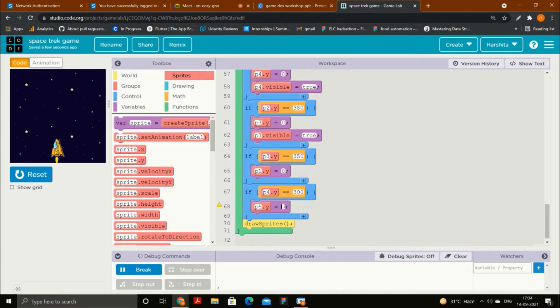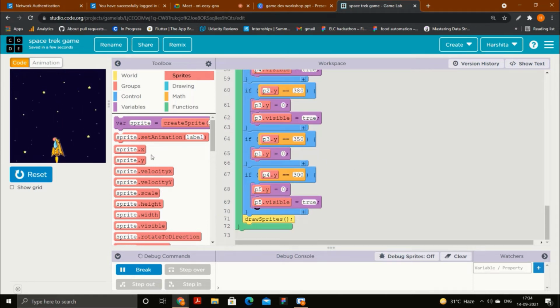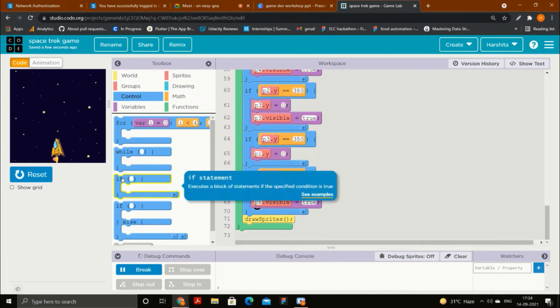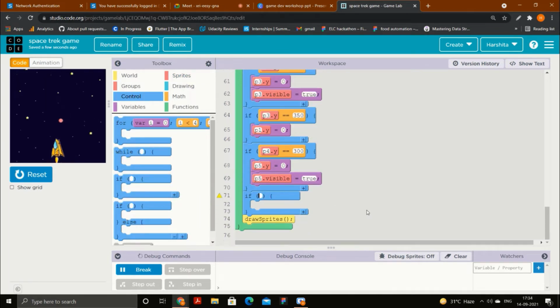P5.y equals 0, and we need to set it visible as true as well. So P5.visible true. Okay, and the last one is there. Last one is P5. So if P5 comes near the end of the screen, I will directly write it here.